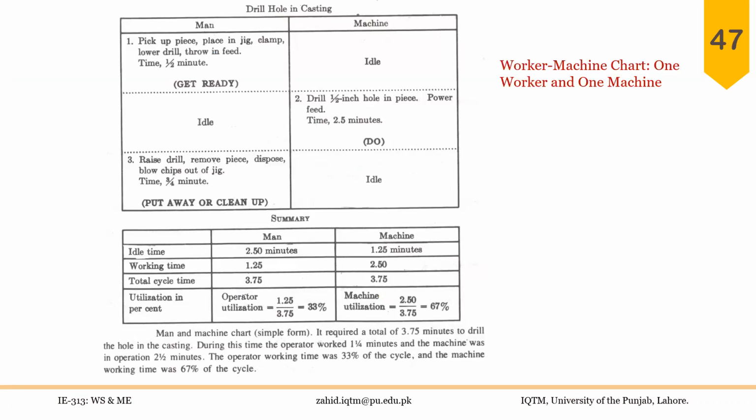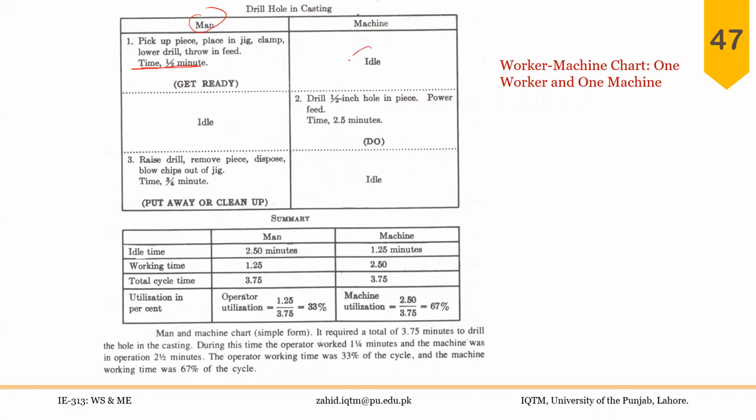This is not exactly a worker machine chart, but just to give you an idea what is shown in a worker machine chart. So we have a worker that is operating a drilling machine. So this is what the worker does. So he picks a piece, places it in a jig, clamps the workpiece in the jig, lowers the drill, throws in feed, and so on. And time taken is half minute. But during this half minute,